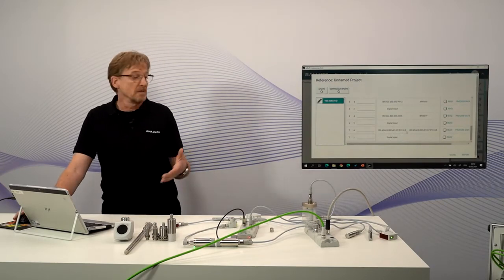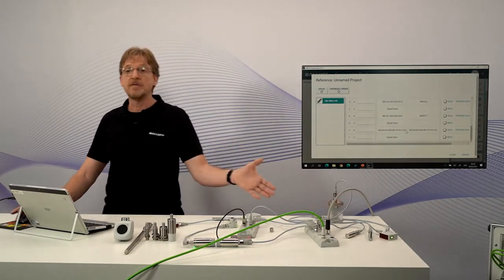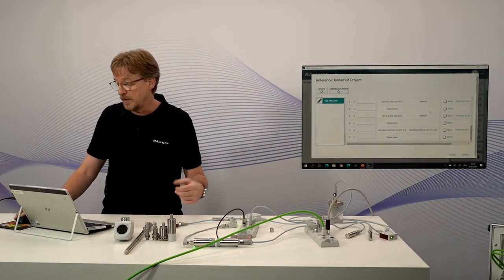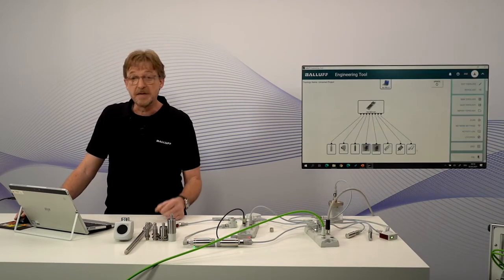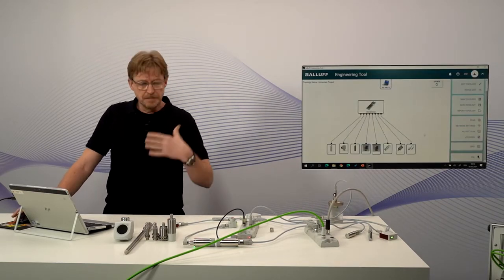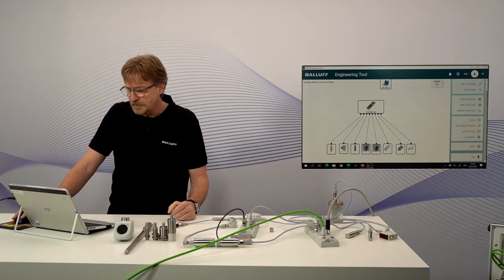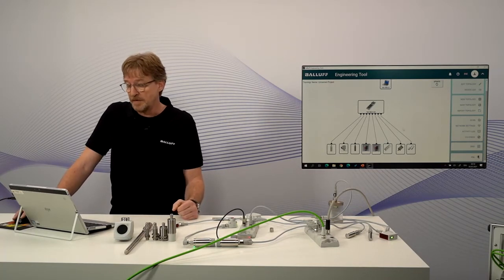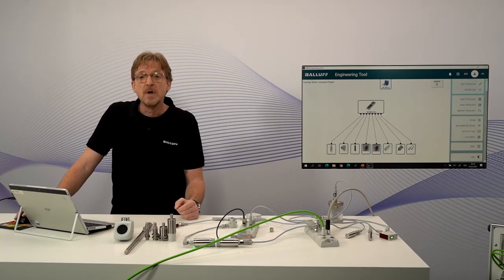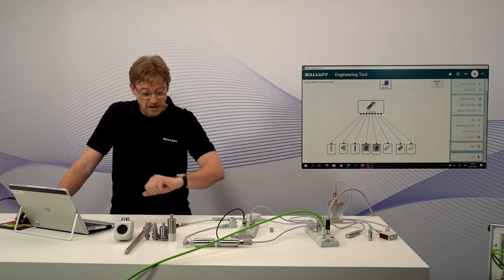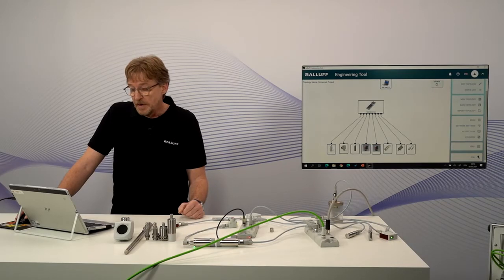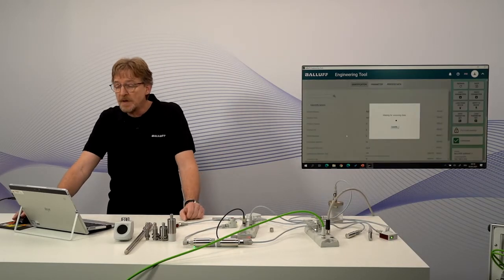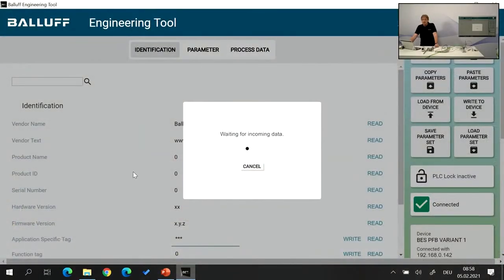So this is the first simple way to check if all the components are connected on the correct port and if all the signals are coming in the right way. But it's not that convenient, let me say. You can have a much better overview of all these signals if you go into the single components directly. If we start with the inductive sensor here, you see that if I select the component, the